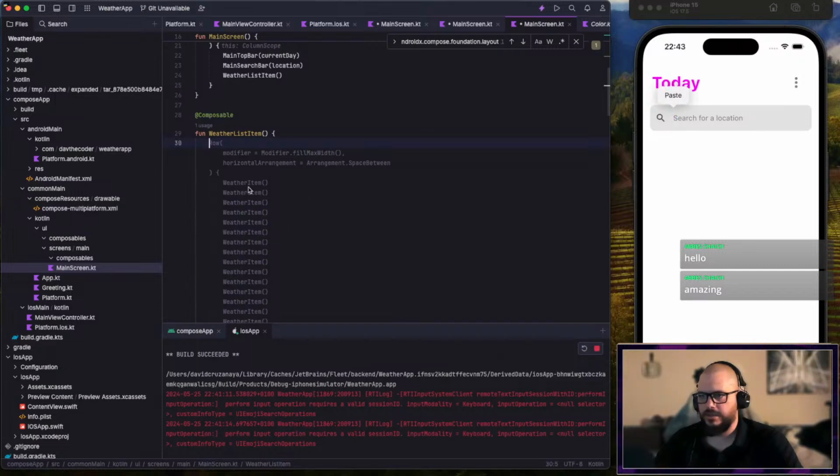I don't know what the auto completion pretends, weather item. The weather item actually. So okay. Anyway, anyhow,